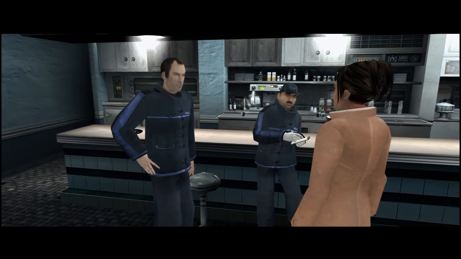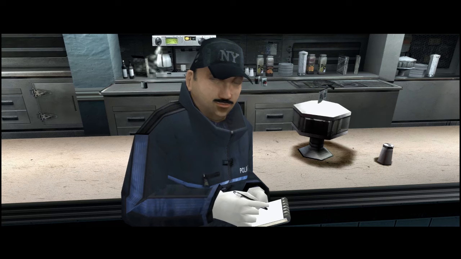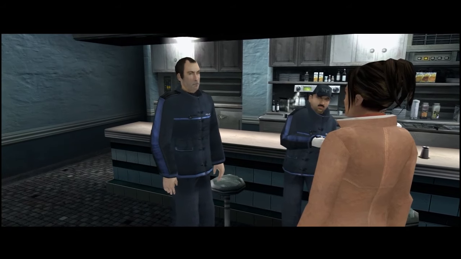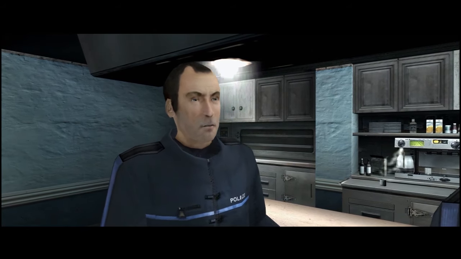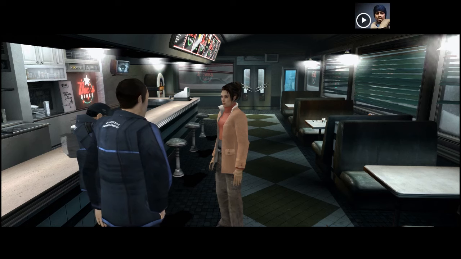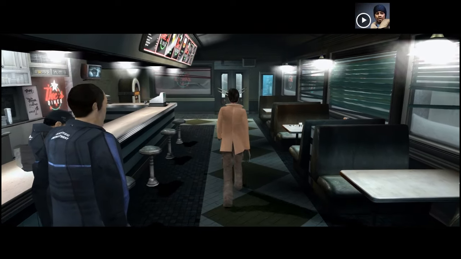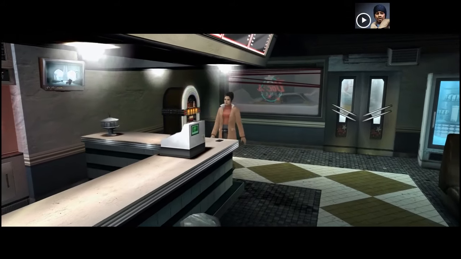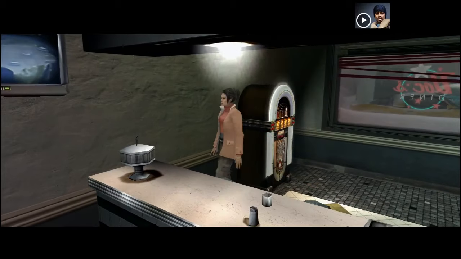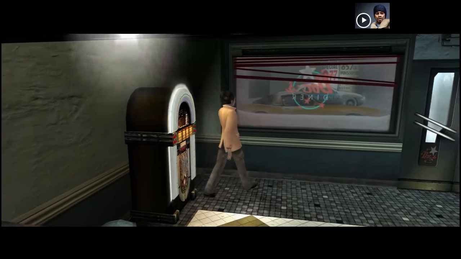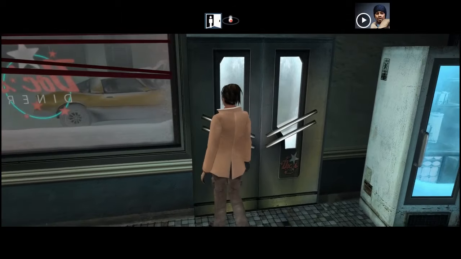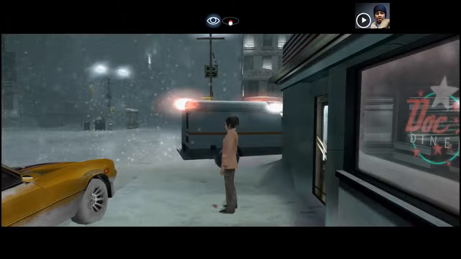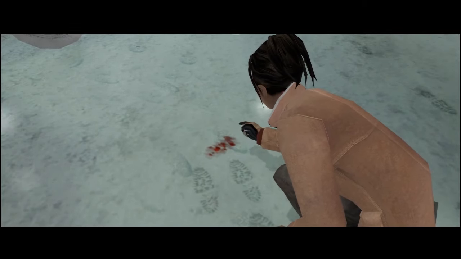Hey, Garrett. Hey, Frank. How's it going? Hey, Carla. So, you guys find anything? We took some samples here and there. We're almost finished. We were just waiting for you before we took the body away. Tyler, I'm gonna take a look outside. Blood.